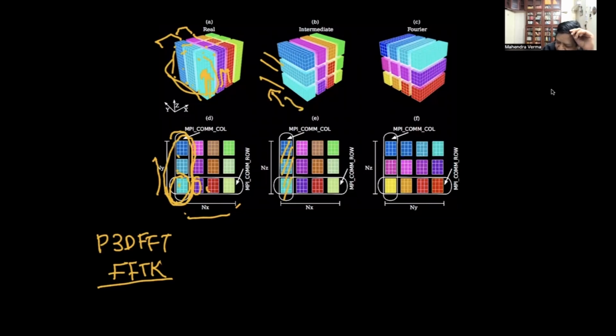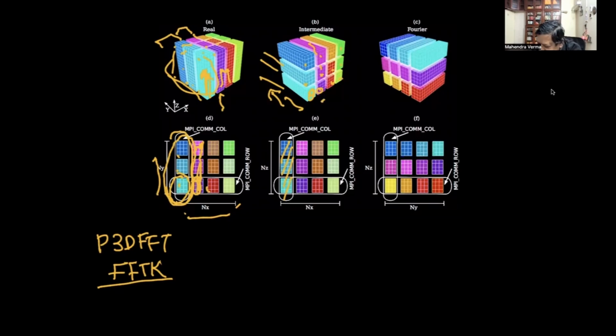Same thing is done by the second row of processors, and they will make these three horizontal pencils. So all of them will make horizontal pencils. Now, how many horizontal pencils are there now? Again, there should be 12, right? So now the data will be 1, 2, 3, 4, 5, 6, 7, 8, 9, 10, 11, 12. It should be the same. We are just labeling differently now.